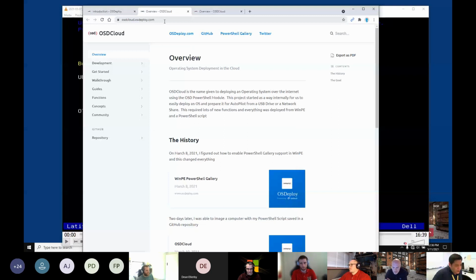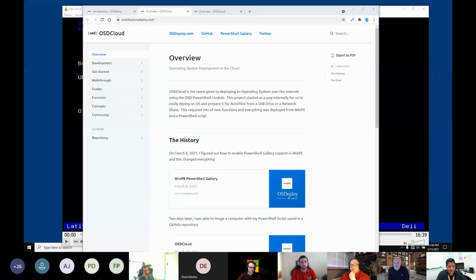OSDCloud is part of an OSD PowerShell module that is used to image a computer straight from the cloud without any infrastructure. We use it internally in our enterprise. We can use it to prep machines for Autopilot.